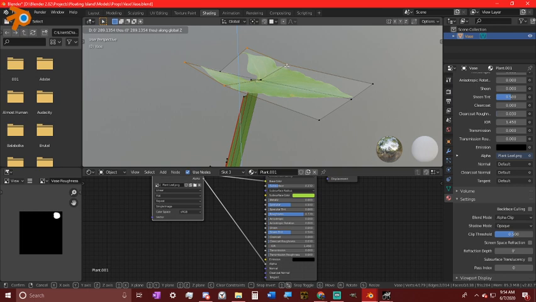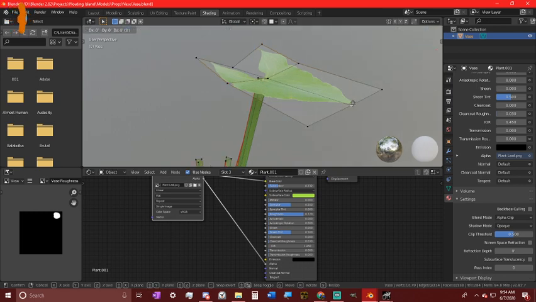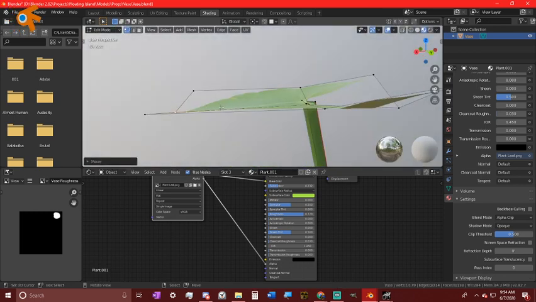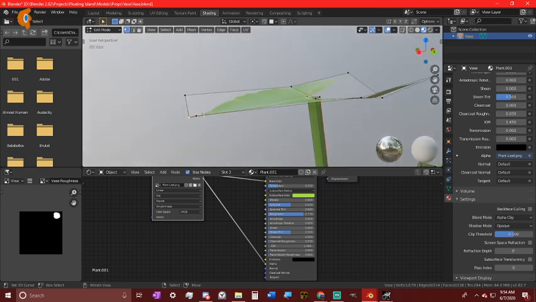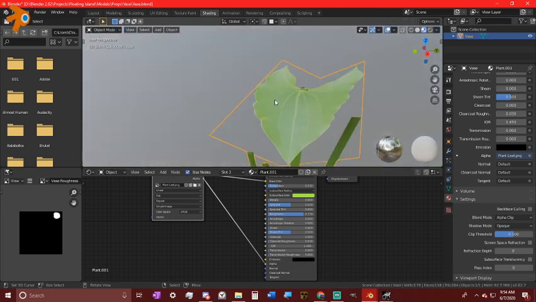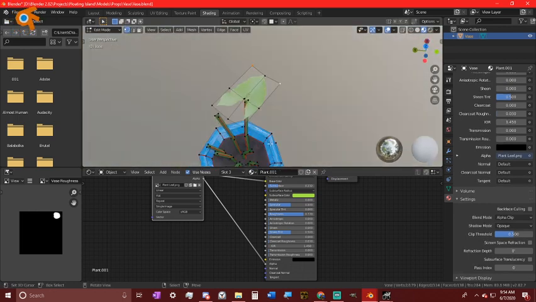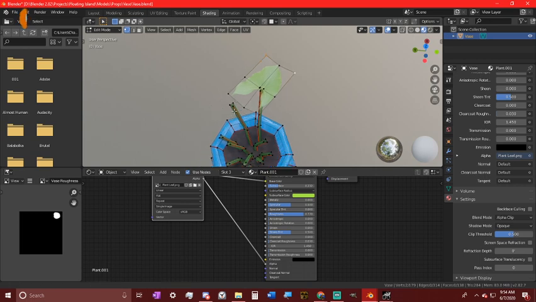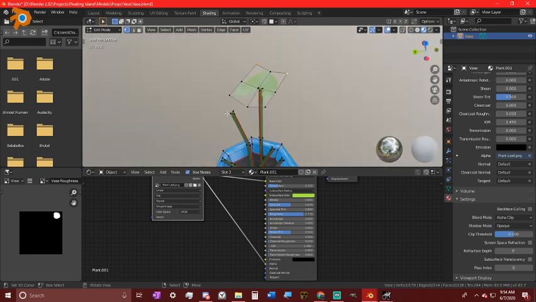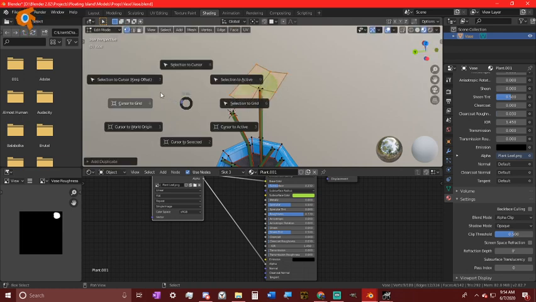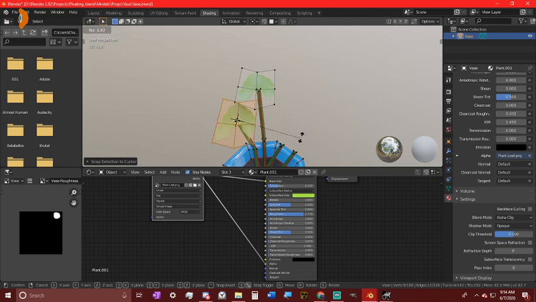Bring this down. Down considerably. Like that. And now we can just take this and we'll duplicate it, keep the cursor offset, and we can just